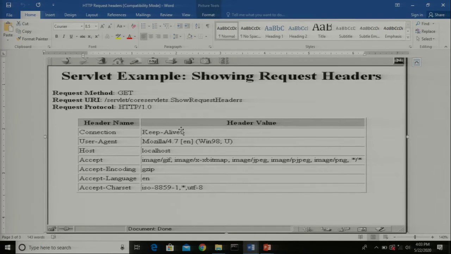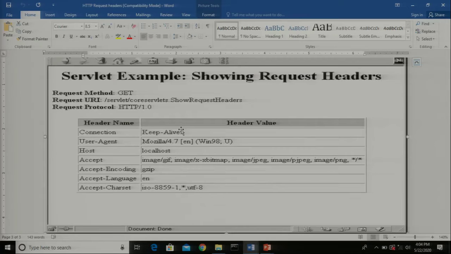Then user agent, for example they have taken Mozilla Firefox, that version has been given, language has been given, and Windows 98, the operating system you are using, it is returning. Host, the localhost it is returning. Accept, what type of MIME type is acceptable from that particular browser, it is giving. Accept image, the different formats for images acceptable by that browser, it is giving.